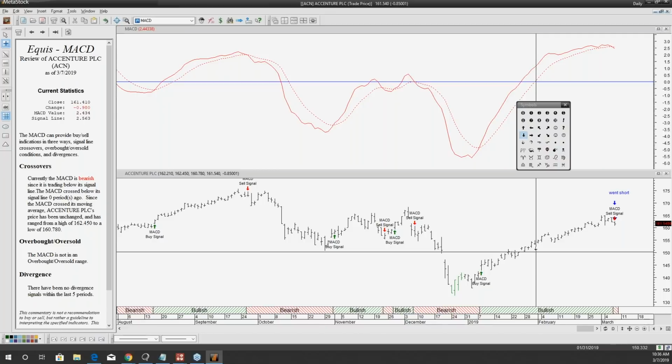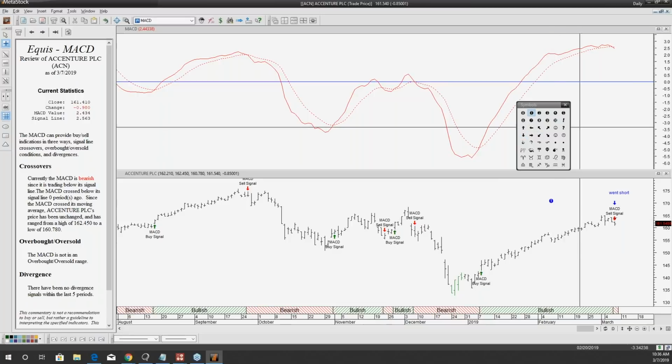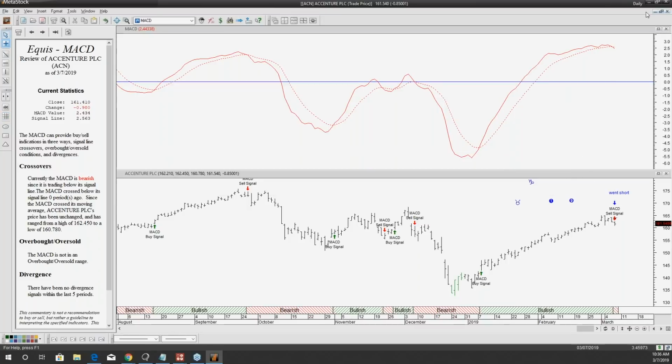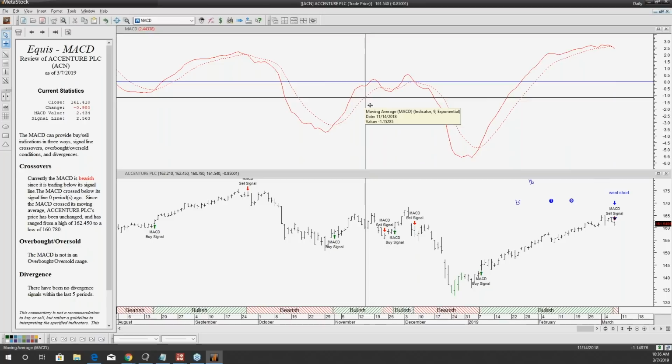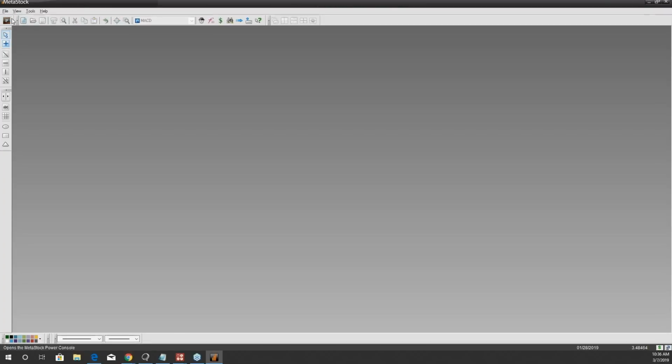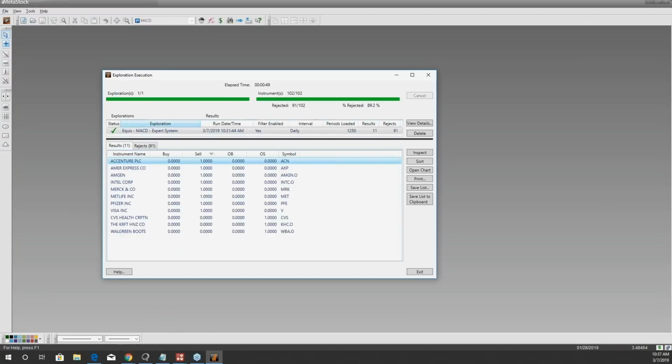So if there's anything that you always follow or keep up with, this is a good way to do it. Customize the chart, and when you open it, you'll see all your work you've done there. But there's lots of different stuff available to put on the chart there. I mean, there's a bunch of stuff. But anyways, so that's kind of what it looks like when we run an exploration. We saw that list and we pulled up a chart, and yeah, it's showing us a short signal. Now what I want to do is I don't know what of these securities I should jump into possibly.